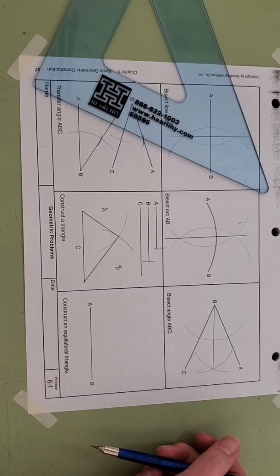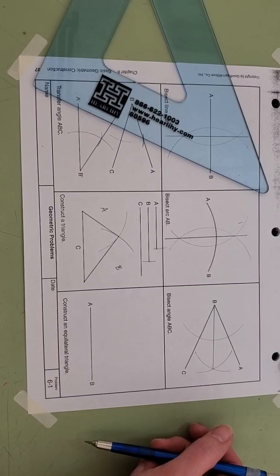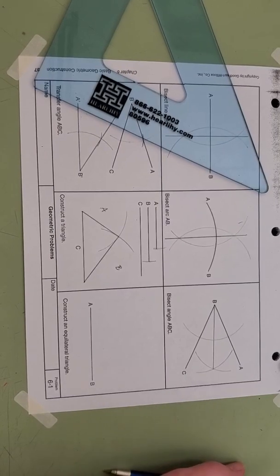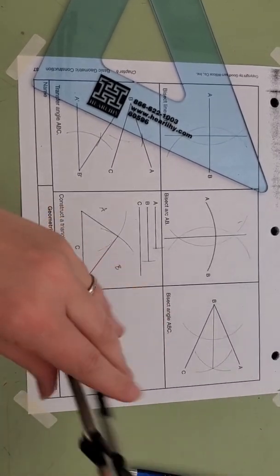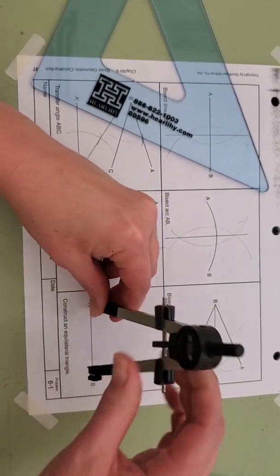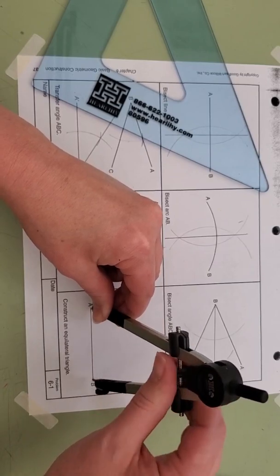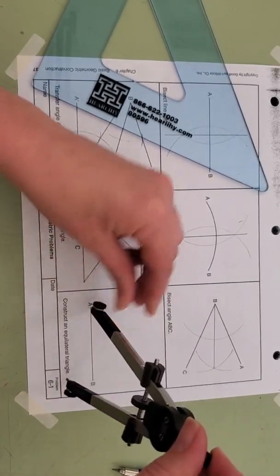The final exercise is asking you to create an equilateral triangle, which means all sides and angles of the triangle are exactly the same size. This one is a lot easier than it sounds because you're just going to put your compass in the given line. So I'm going to put the point at point A and the graphite at point B, and I'm going to create an arc,